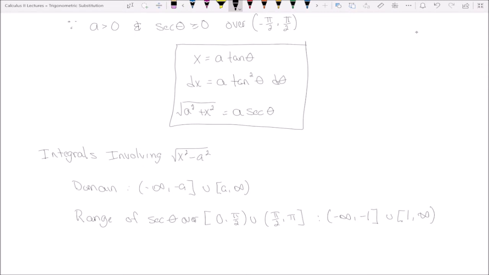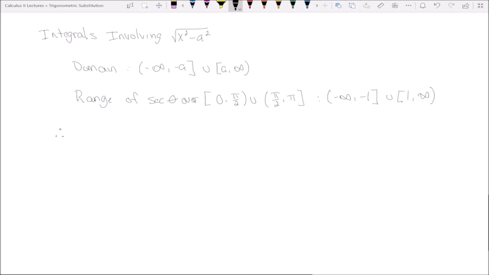All right? What this means is we have a unique angle theta in 0 to pi over 2 unioned with pi over 2 to pi, such that secant of theta is equal to x over a,